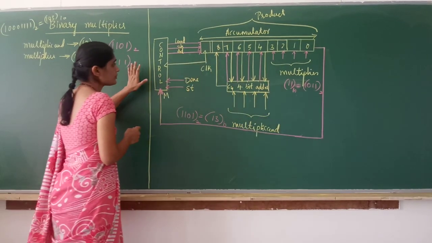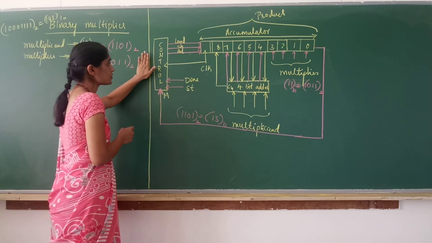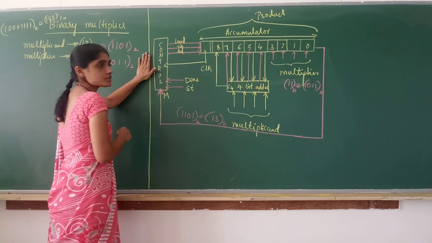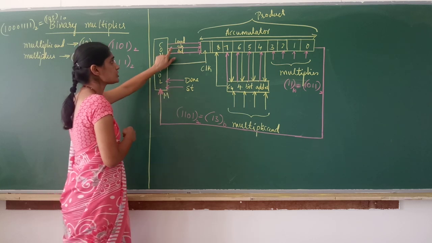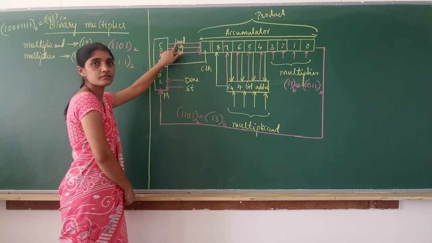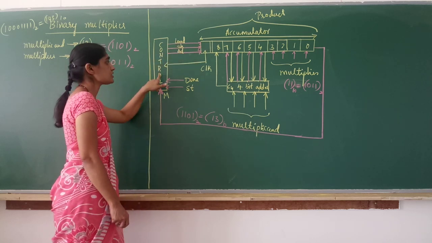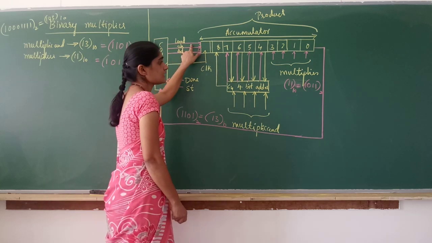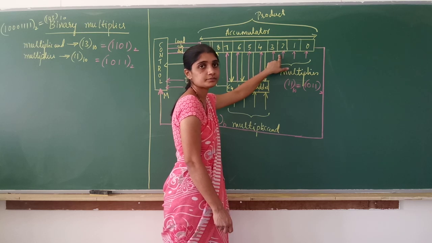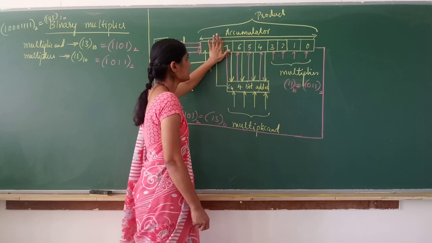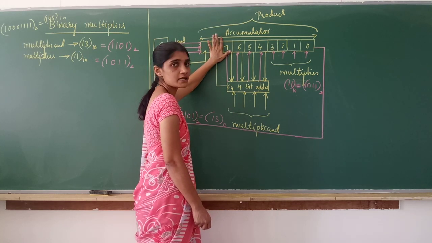Okay. So now how the multiplication process will happen: this is the control unit we have. When you give a start signal to the control unit, first it puts out a load signal. When the load signal is out from the control unit, it loads the multiplier into the lower 4 bits of the accumulator. Accumulator is of how many bits? Now it is 8 bits. Okay, I will tell you what this extra bit is. From 0 to 7 it is 8 bits.